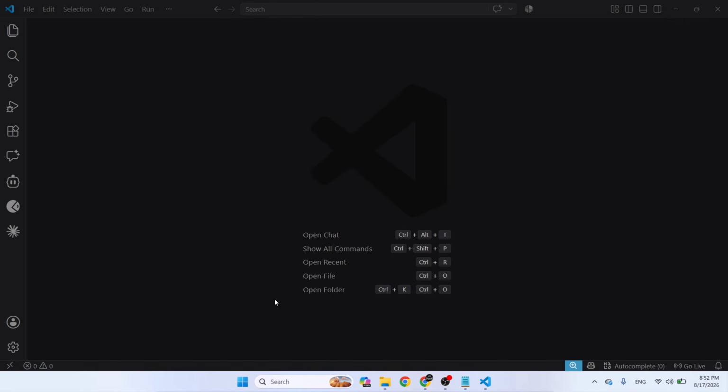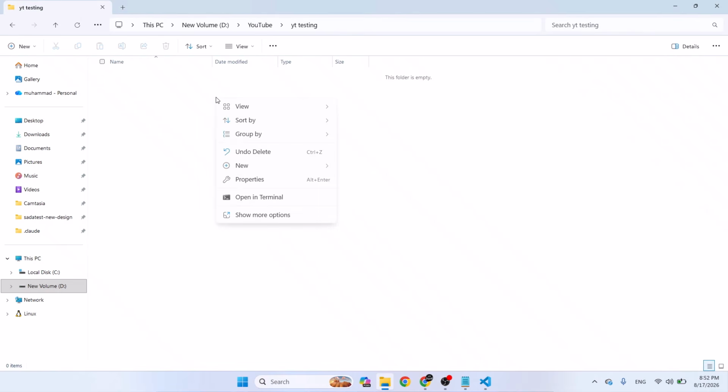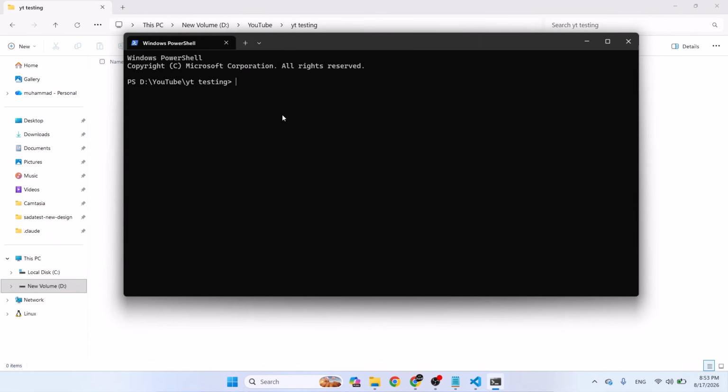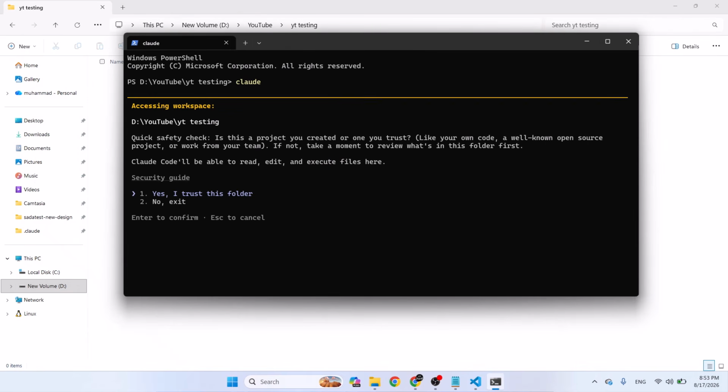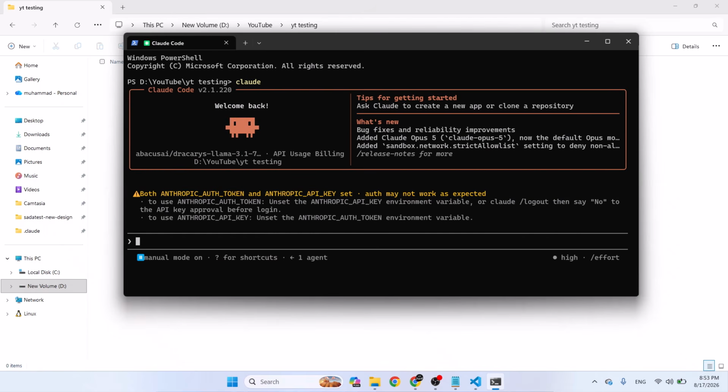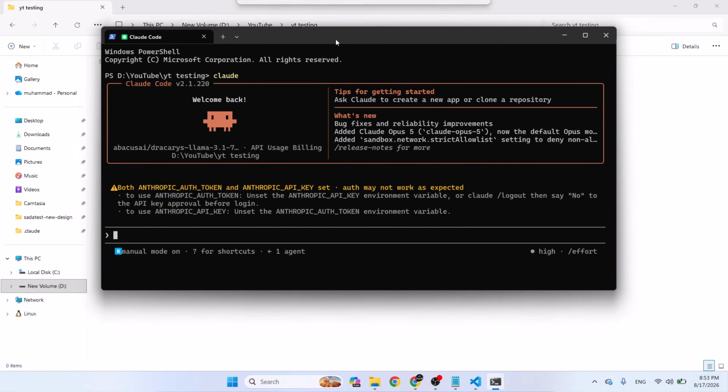Let's close this. So I will open PowerShell inside this directory. Let's open Claude CLI. So yes, I trust this folder. Do you want to use this API key? Yes, we would like to use our own existing API key, but it says there is a conflict warning